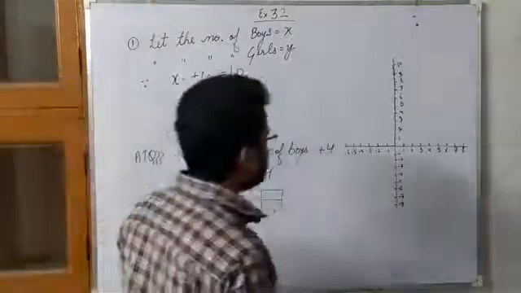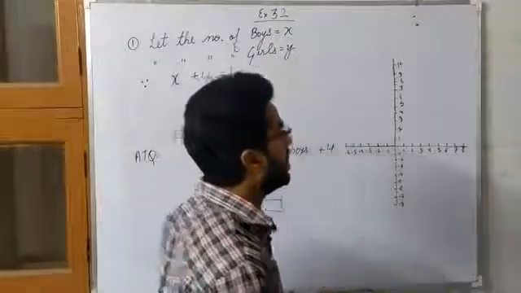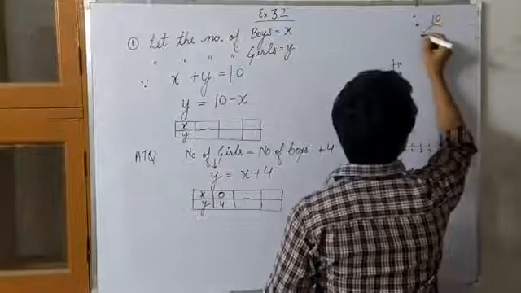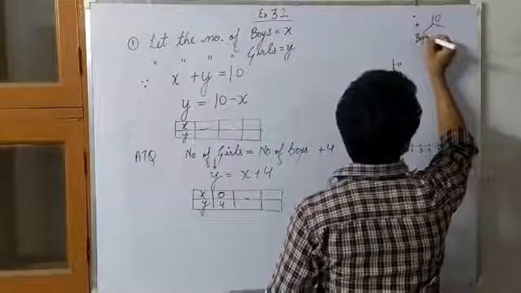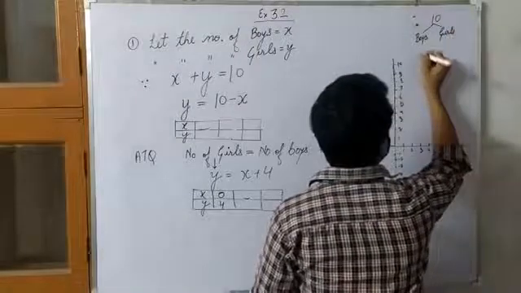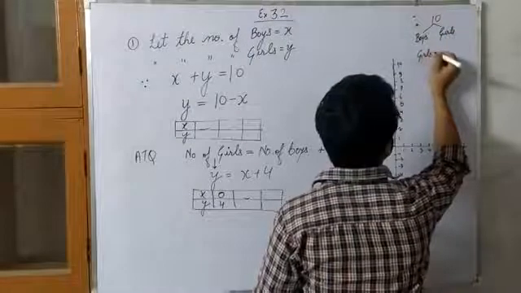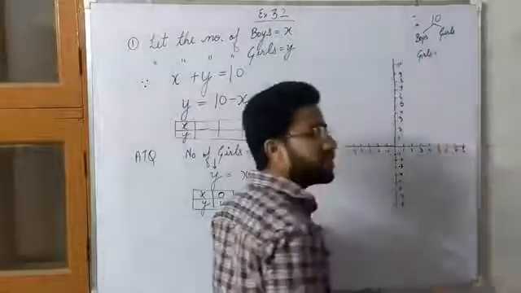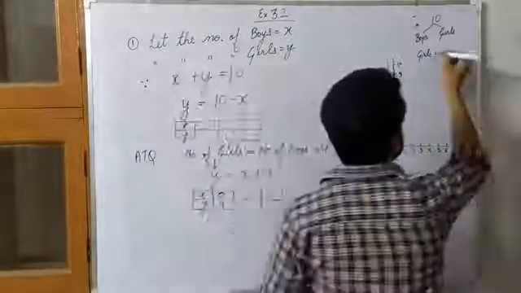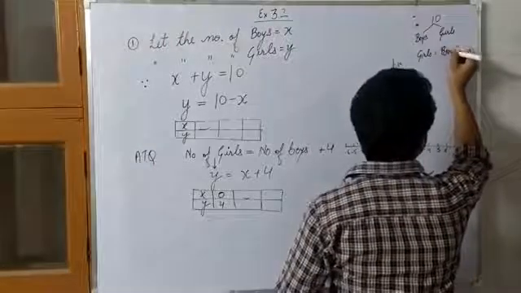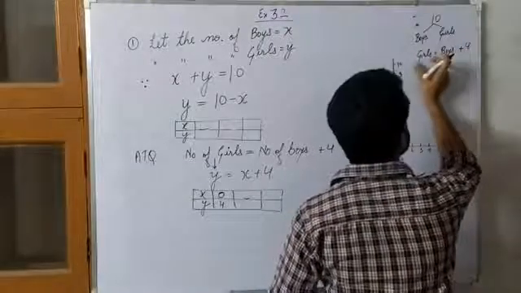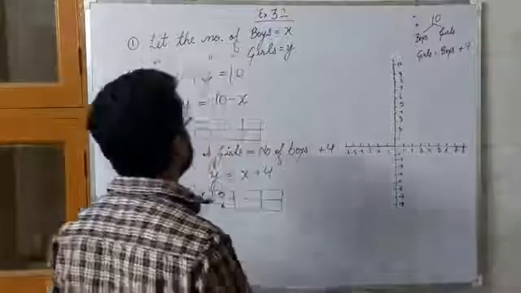Okay, so it is being said that there are total 10 students, right, and out of them some are boys and some are girls, right? So, and what is being said that the number of girls, जो है, number of boys जितने भी हैं उनसे 4 ज्यादा है, right? So girls are 4 more than the boys, जितने भी हैं उसमें अगर 4 और ऐड कर देंगे तो we will get number of girls, right?